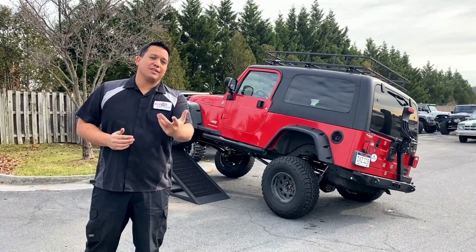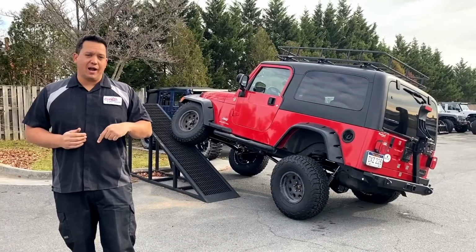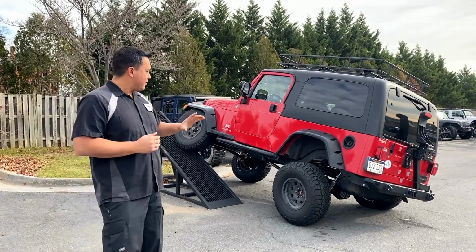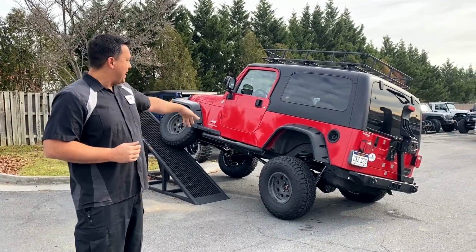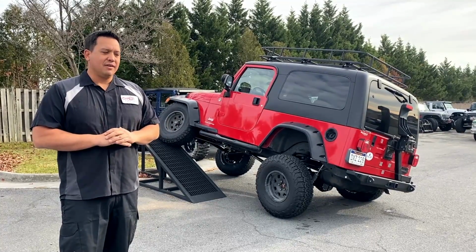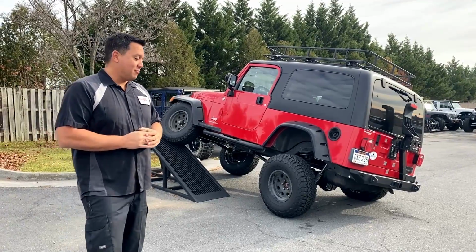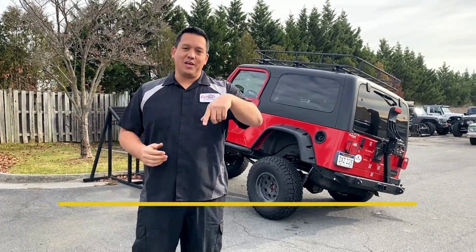But also take a look at what the side-by-sides are doing. It's okay to lift a tire. The other 3 tires have traction on there. So, same thing with this one. If I had to pick something that I wanted to use, and it was the only Jeep that I could have, this would be it. I might consider putting a diesel in it, but really what I want to hear is, what do you like